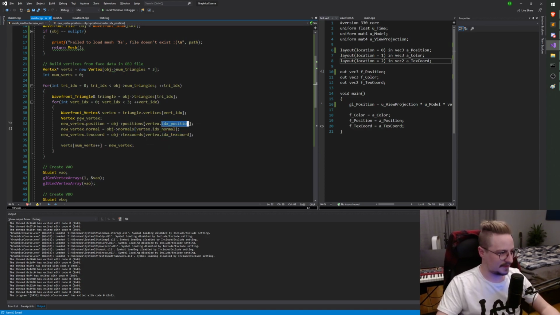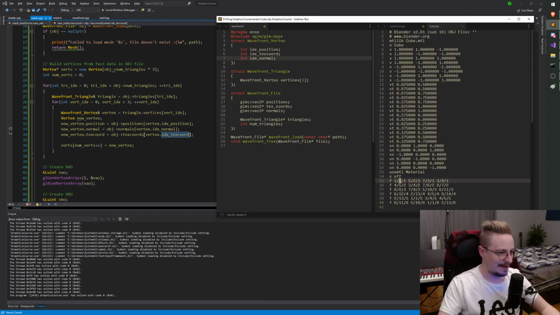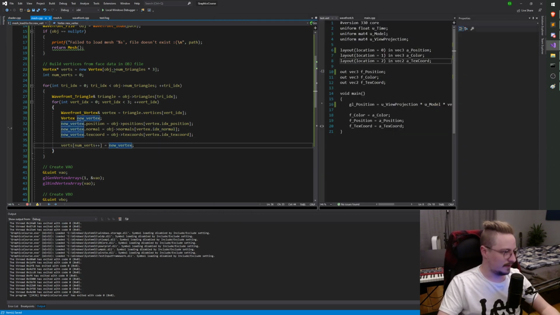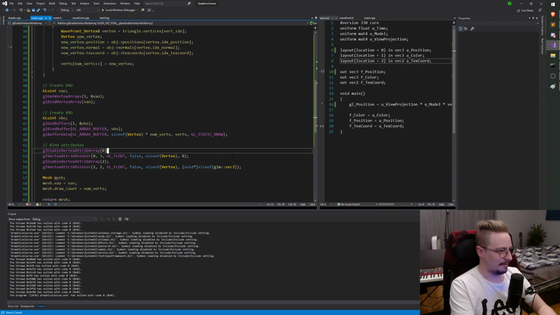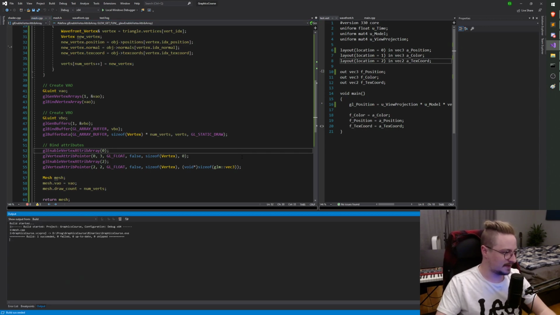So just like with the position, just like with the texture coordinates, I am looking up the normal from the index I'm getting here from the vertex. So I'm taking this index and looking that up in the normals array. So now we have the normal and the position and the texture. So now we have actually all the data we need. And again, if I run this,